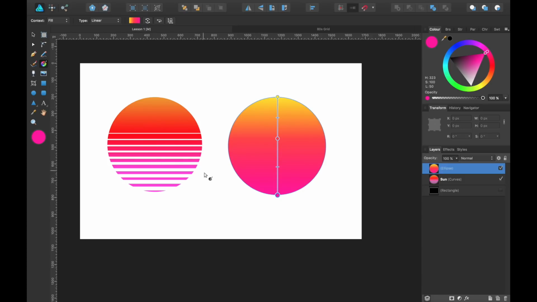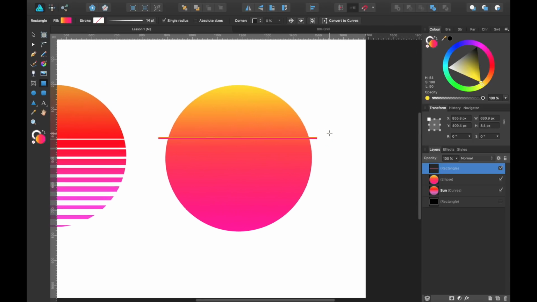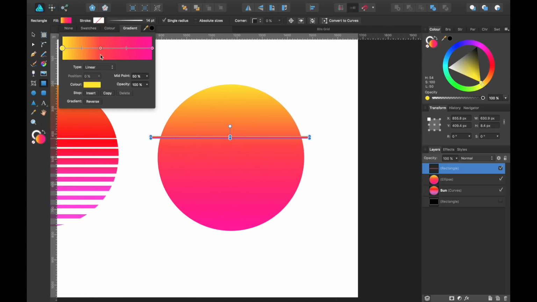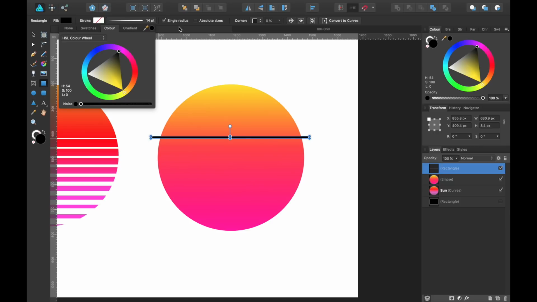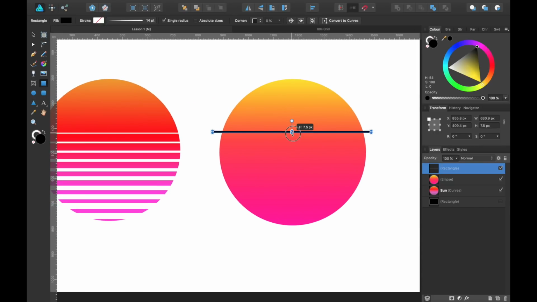Now we need to make these cutaways here so you can see whatever's in the background behind it. So click on the rectangle tool. Let's create our first one. Okay, let's have a really thin line here so you can see. Let me just make it black so we can see what we're cutting away. Okay, so that looks okay. Maybe a bit thinner. Now we just want to copy and paste as we go down, making it slightly thicker each time.